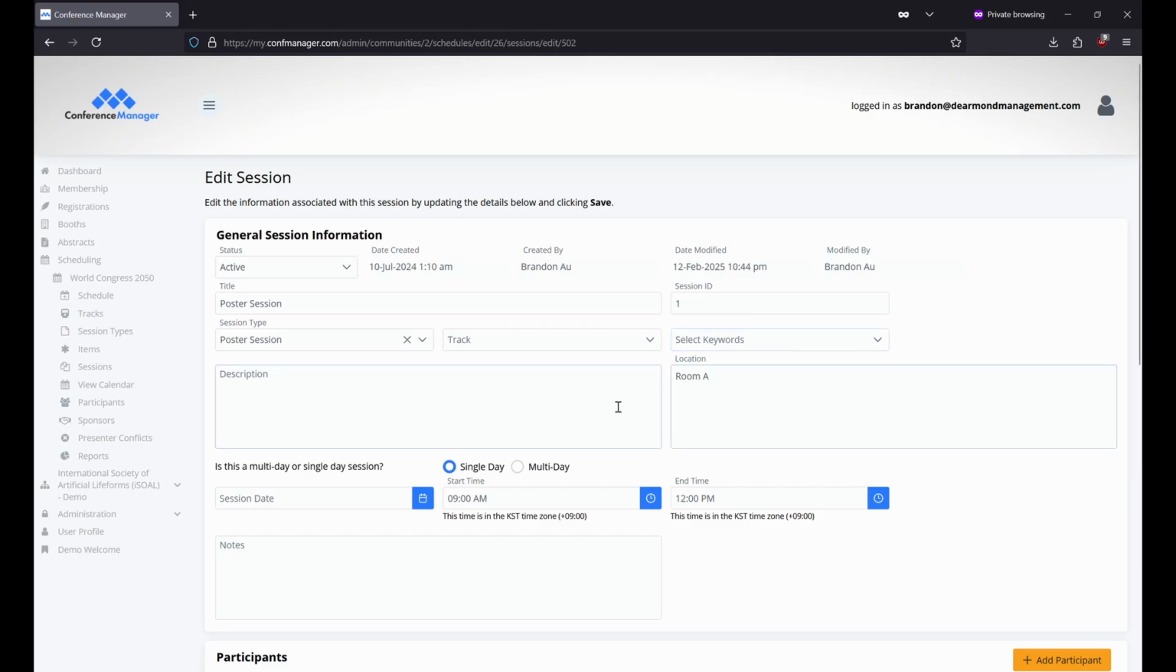You can also add a description and location for this session. Choose if the session is a single day or multi-day session. If you choose single day, you will add a single date and start and end time. You will notice that below the time fields there will be some text that displays the time zone you selected